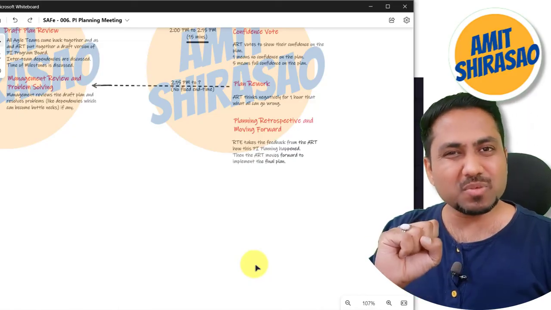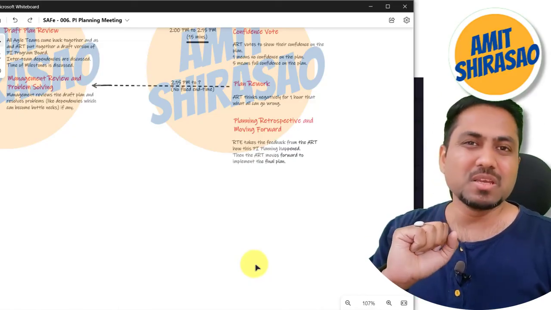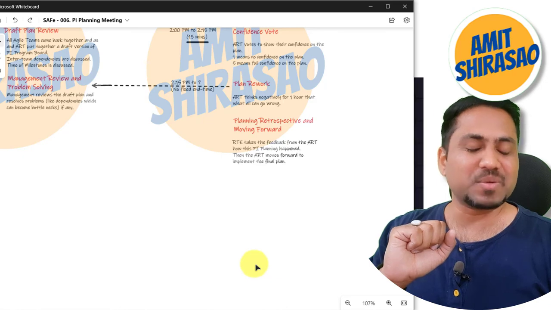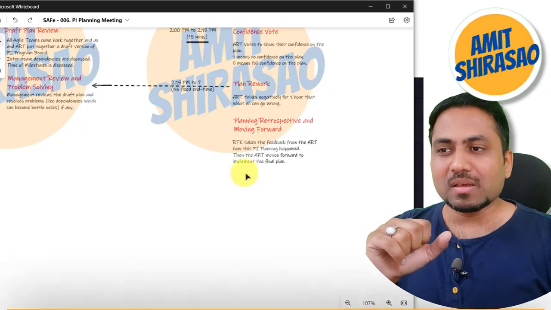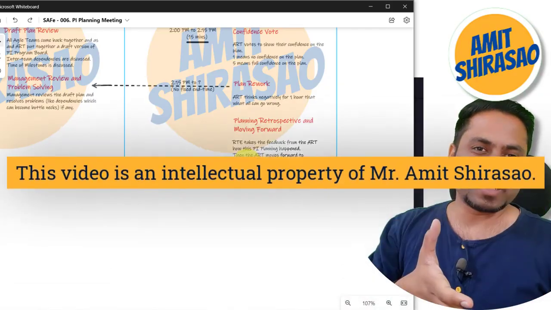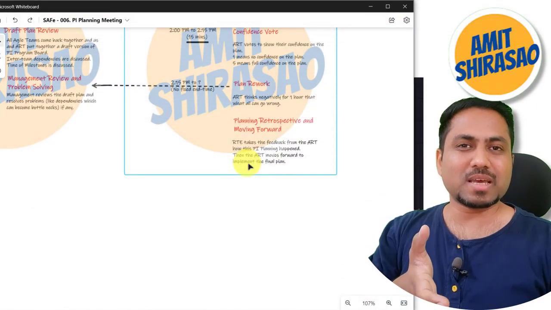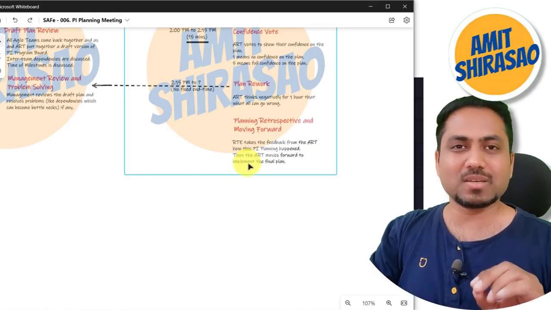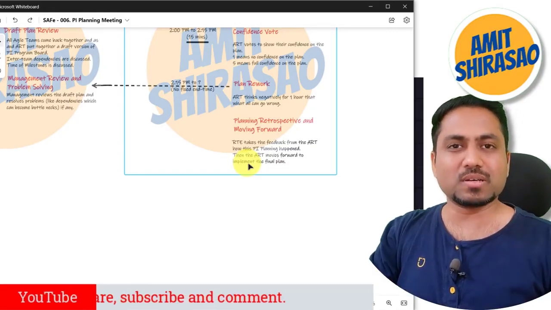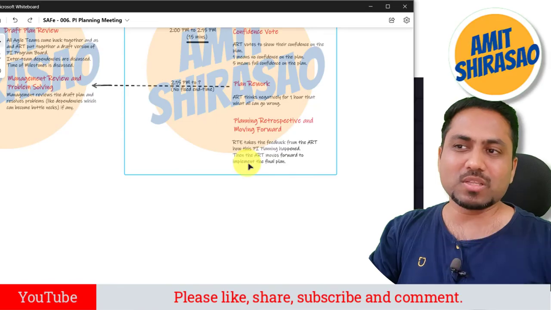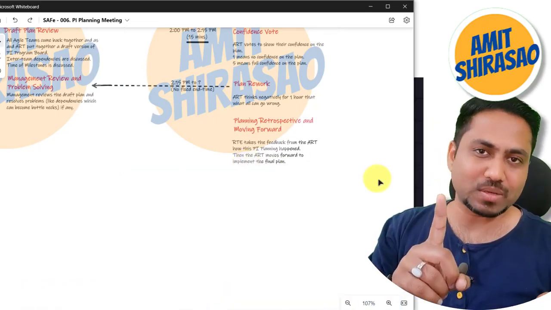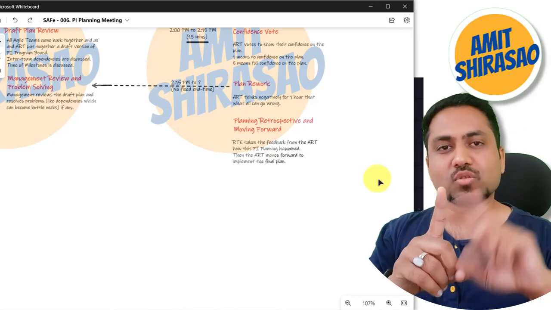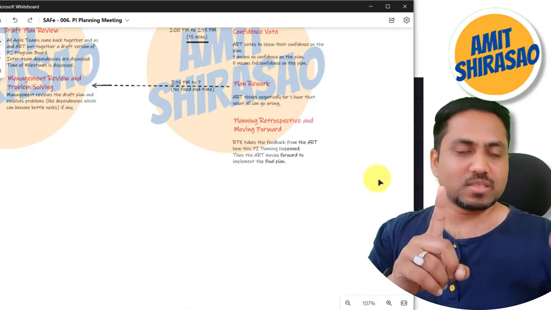Oh, there was a seating problem. Oh, we should be booking those conference rooms earlier. We will take care of it next time. That kind of simple things are noted down. And action items are noted down. Okay, this particular location has a space crunch. So next time, let us book this. Because all these PIs are only of 2 weeks, so you know when the next PI planning is going to come. So for that day, you book it right away.